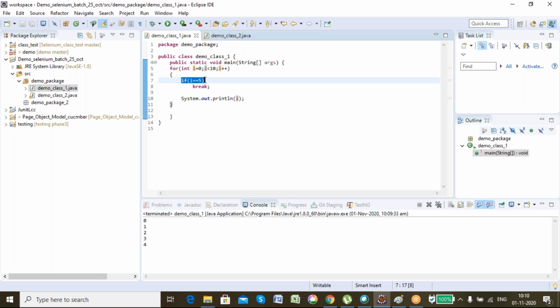But I was not aware that we can use break even in this statement also. Why not? Break is a keyword of Java. You can use it anywhere. Break is used when you want to forcibly break something. When I forcibly want to break the loop, even though the condition is satisfied, at any point of time I will be using break.